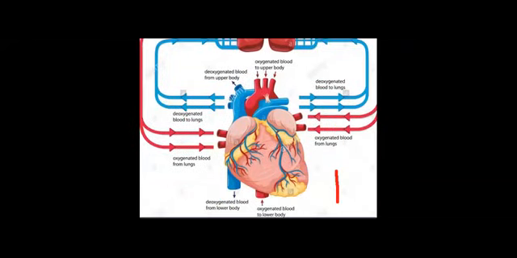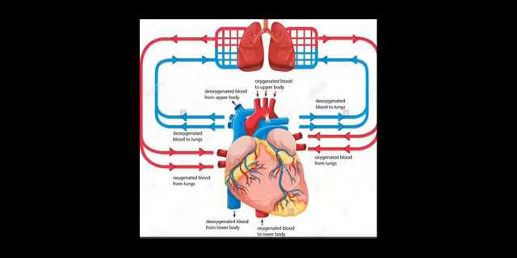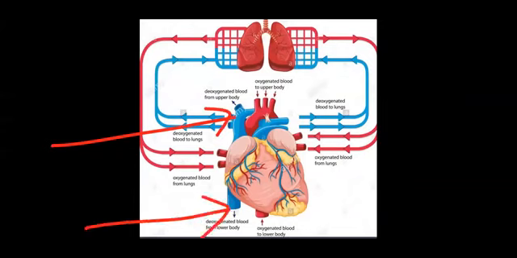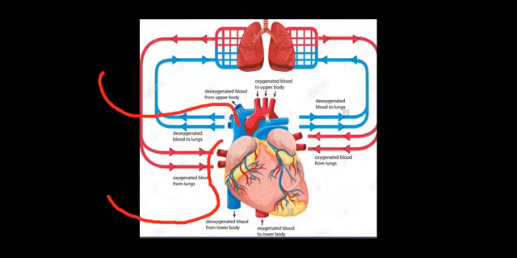Yes. So here are the two vena cavas. See this. This is the one and this is the other. So this is called the inferior vena cava, which carries deoxygenated blood from the lower body part. And this is the superior vena cava, which carries deoxygenated blood from the upper body part. So both vena cavas release the deoxygenated blood into the right atrium.